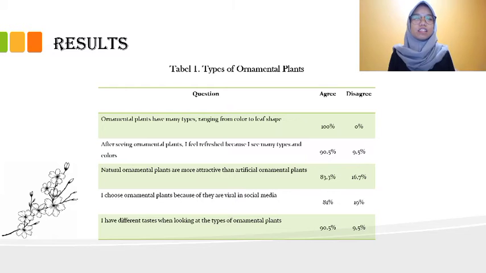Here we have table 1, types of ornamental plants. As we can see, 100% of respondents agree that ornamental plants have many types, ranging from color to leaf shapes. Then 19.5% of 42 respondents agree that after seeing ornamental plants, they feel fresh because of the many shapes and colors. And then there is